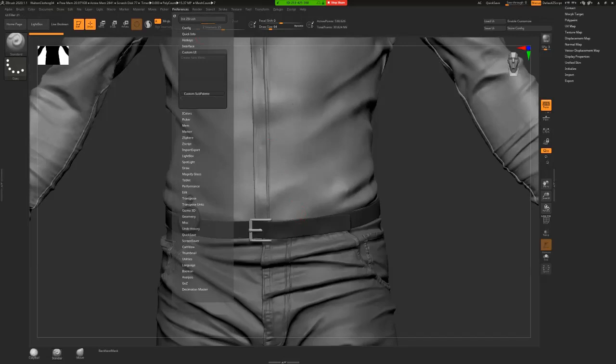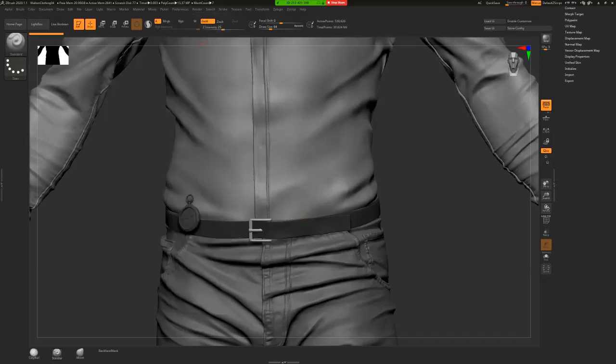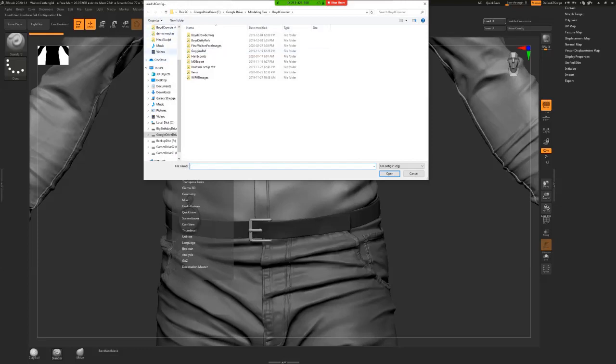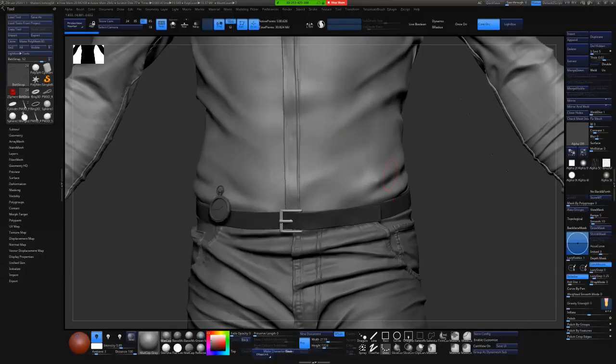But normally what you do is select this, and then it would give you the option to name the menu. You name it, and it'll show up in the top. I can actually show you an example of this, barring the fact that I can't create one myself, but let's go in and load one of my existing UIs. So I'll just go into config, go load UI, and just browse over to one of my pre-built UIs. And I'll go custom UI, let's go custom UI 2020. Open that one up. So this is my custom UI, and you can see I actually have a modeling menu